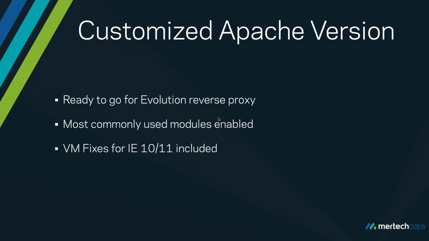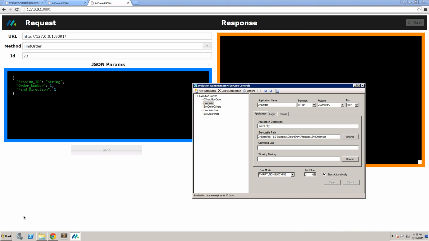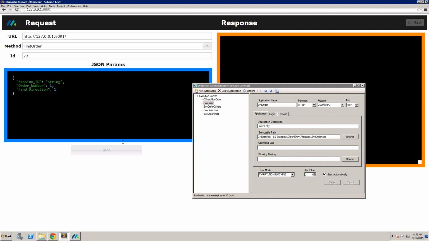So we've got that there as well. The last item really to talk about is the customized version of Apache that we have here. Although it's a fairly standard Apache, we have done a few adjustments to the version of Apache that we're installing with Evolution. Right off the bat, in the configuration files for Apache, we've put samples of what a reverse proxy